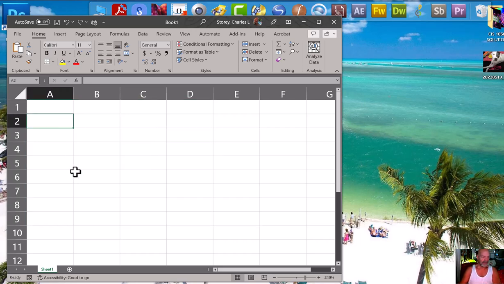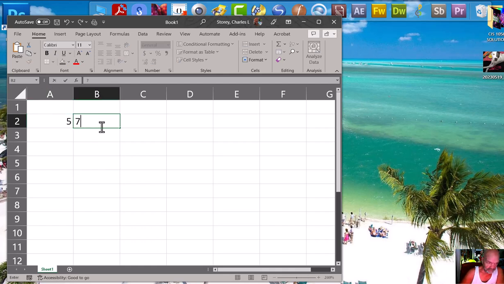So let's add some numbers in here. Okay, so let's make it 5, 7, 2,